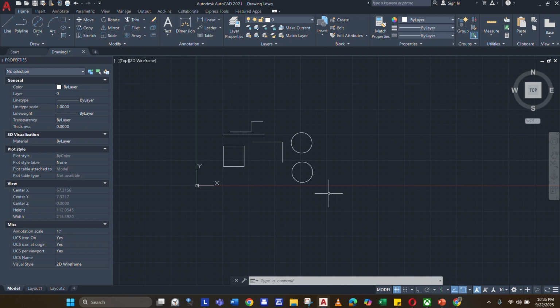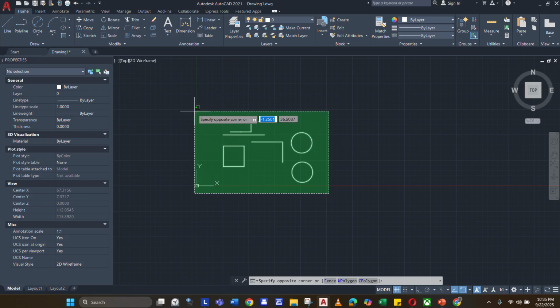So you left click, and then hover it to the left. When you hover your mouse to the left, the green selection will show up. This one.